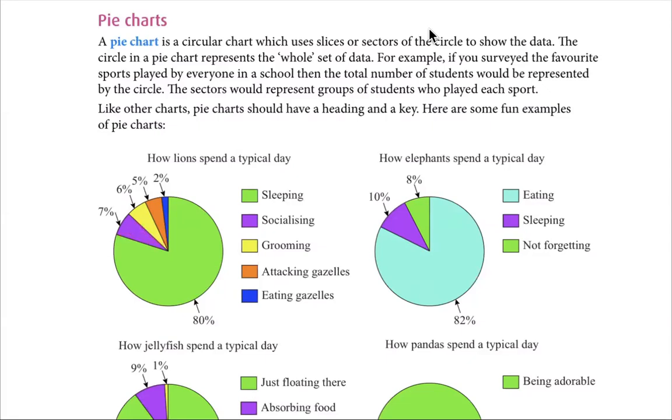Which one has the bigger slice of the pie? Which one has the smaller slice of the pie? Is relatively obvious, especially when you use colored ones. Okay, so each sector represents a different amount of data. So for example, we look at this one, how lions spend a typical day: sleeping, socializing, grooming, attacking gazelles,